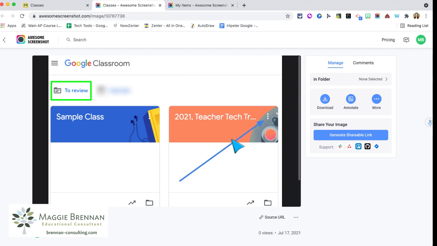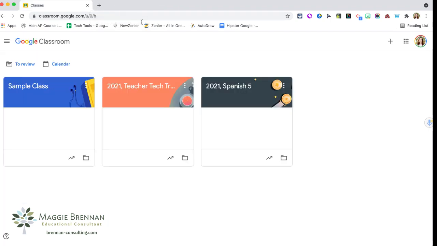I used to have to add an arrow like this, or to add a box. I used to have to take a photo, upload it to another program, like Microsoft Paint, add this thing, then save it to Microsoft Paint, and then send it to somebody. But now it's like a one-stop shop. I love this. All right, so that is Awesome Screenshot. Now let me come back here so that you remember I'm back here. Now, the other one that I'm going to show you today is called Screencastomatic, and it's a little bit different